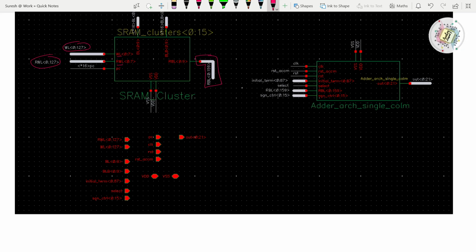Other than that, we have some other nets, something called PC here. This PC is only 16 signals, but this is not a bus signal. And then we have VSS and VDD, the power signals. So the first golden rule which we need to follow here: